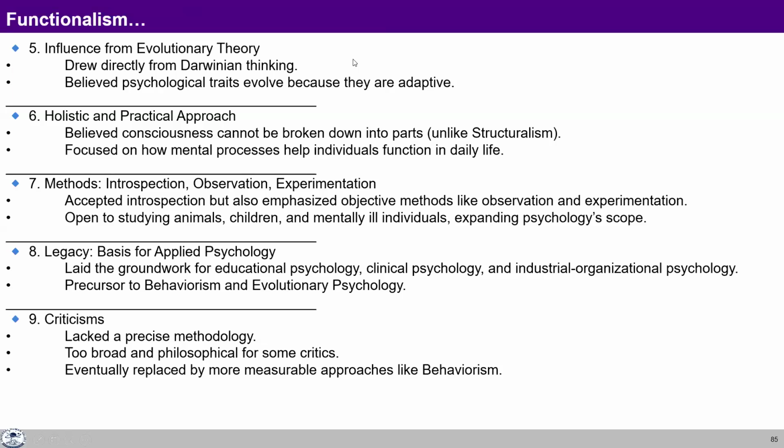It was, of course, developed from the evolutionary theory of Darwin. And I'll say that they have tried to look into a practical approach, though not holistic, of how people try to survive. Darwin basically studied the body. He said that the human body has evolved from animals, and there are some vestigial organs in the human body which are no longer used, but since they were helping the animal to survive, they are still continuing in our body as a vestige. So Darwin looked at how the human body has evolved. This school was looking at how the psyche has evolved